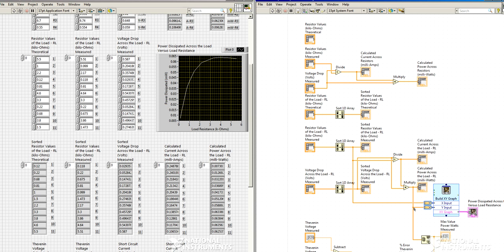Our Y input is then going to be the power that we've calculated across each one of the load resistors. And our X-axis, of course, is going to be the measured value for each one of the load resistors. When input into the graph builder and into the graph, you'll get a distribution similar to what you see in the front panel. You notice that the line increases,